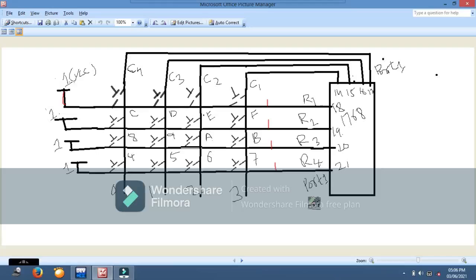Upon that, what we have to do when that particular key is pressed, we will see today. First you need to detect which key is pressed, and based on that, you have to perform the action related to that key.